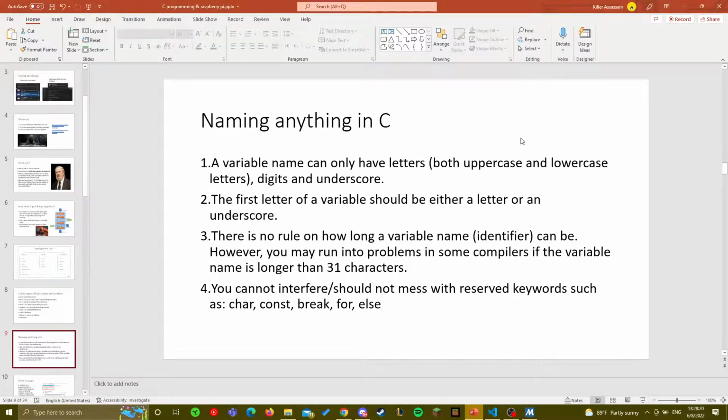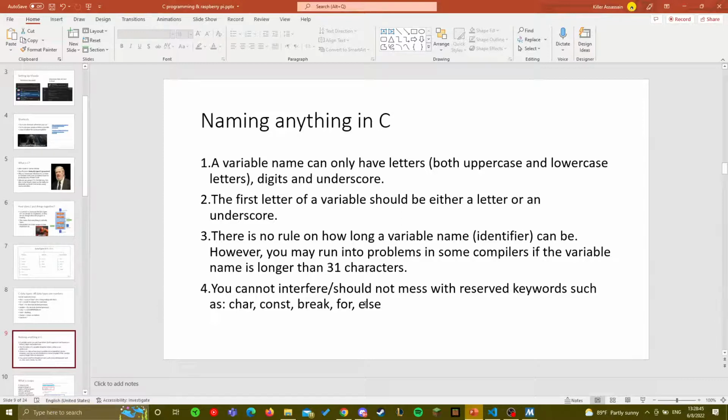Naming, there are specific naming schemes in C. There are other languages that might give you more space for naming, but generally you have to follow these 4 rules. First thing you want to make sure whatever you're naming is not a keyword, right? Anything that the compiler decides is a keyword, like break, char, const, anything that you'd see in code, you don't want to use that, right?